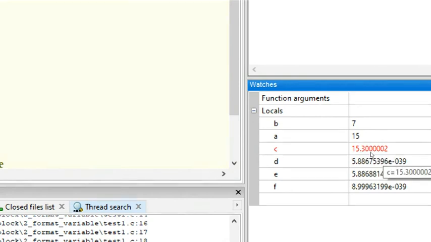Why is it not storing 15.3 only? Why this extra 2? Anyone?